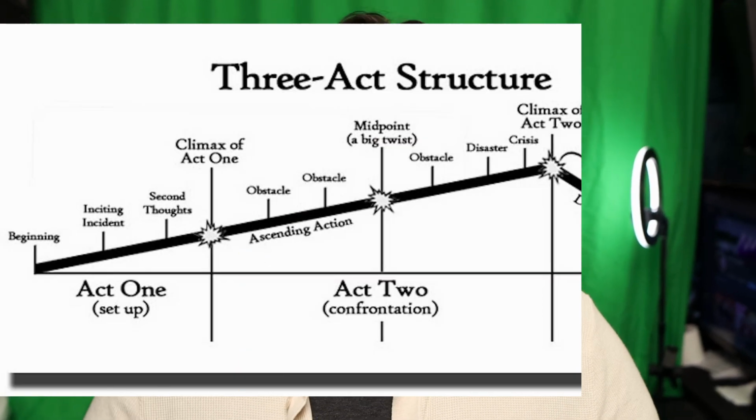We all know a story needs a beginning, a middle, and an end. But what does that actually mean? To keep things simple, Act 1 takes up roughly about 25%, Act 2 takes up 50%, and Act 3 takes up the final 25%. Act 1 is where you establish the tone of your movie, introduce characters, and define an end goal. It starts with the opening image.